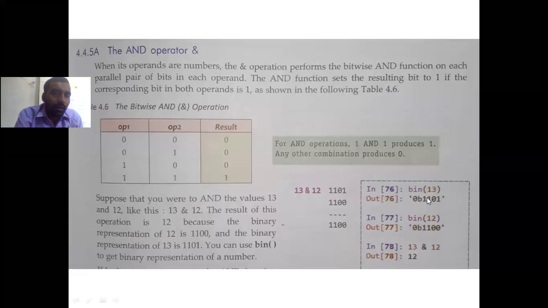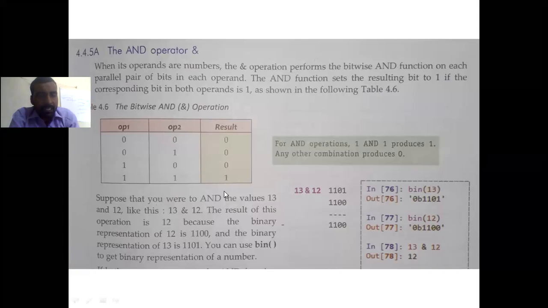So the numbers' digits are compared one by one. 1 and 1, okay. 1 and 1, okay. 0 and 0 also okay. Now 1 and 0. Here the condition is 0. So that's why the result came as 12. If all the conditions match, all the numbers match, then you get the result as the first number.